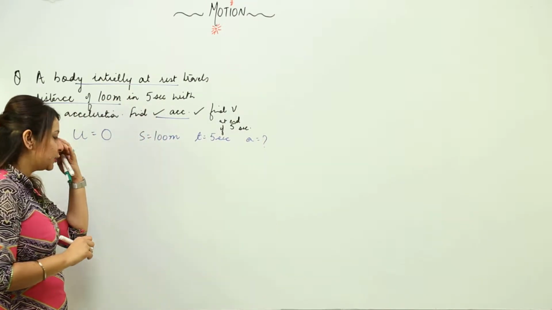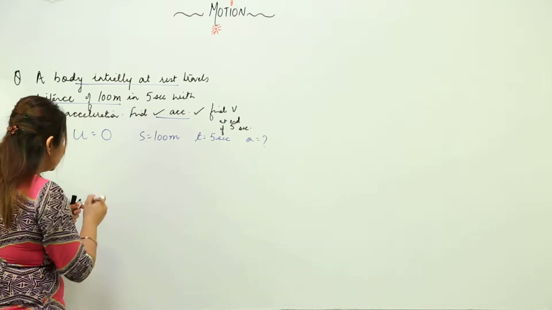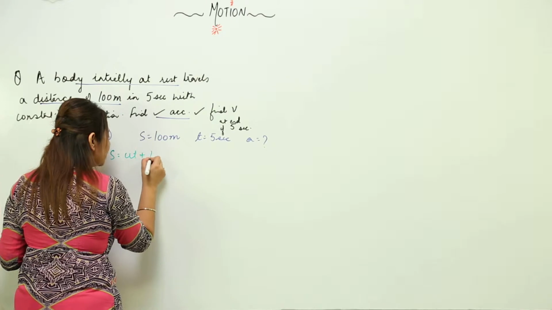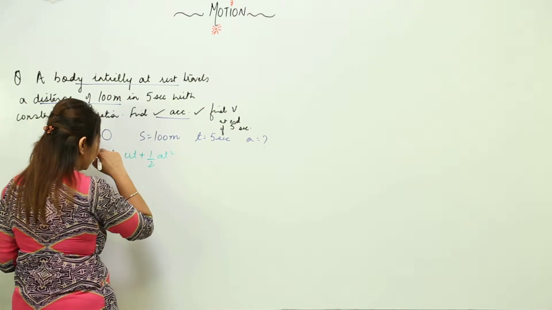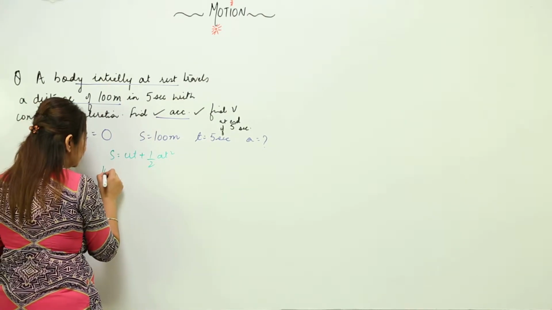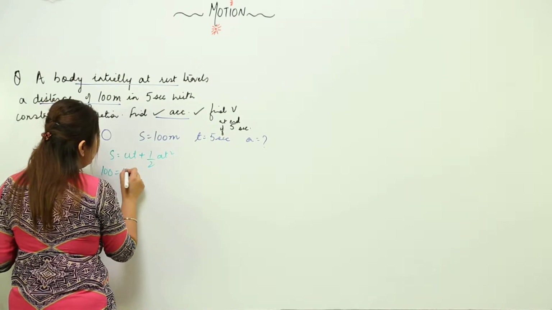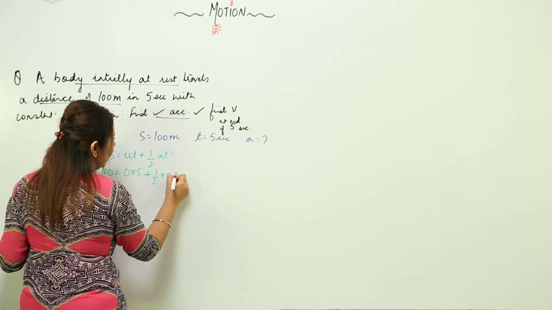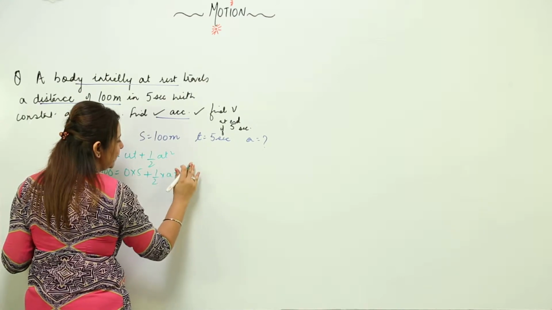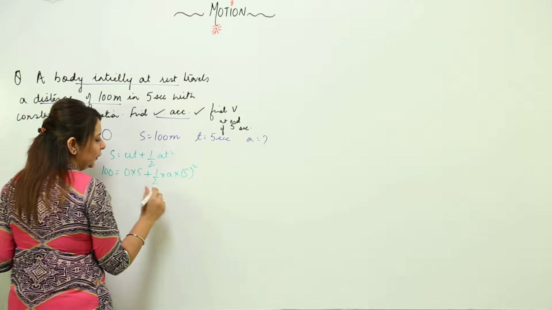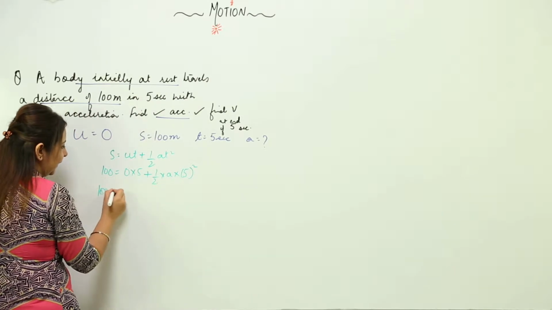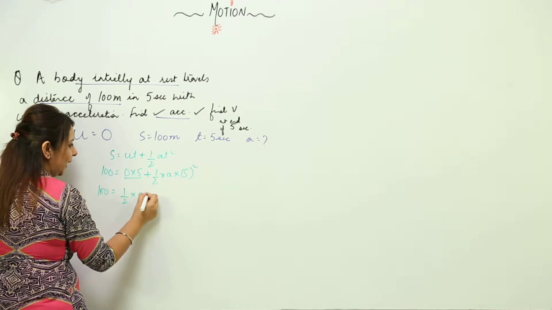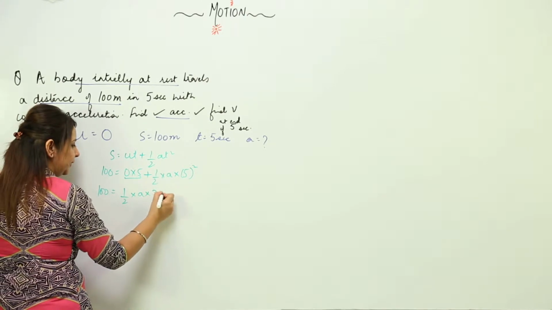So we will look for the equation which will contain all those 4 variables. So it is S is equal to ut plus half at square. So putting the values, S is 100, u is 0, time is 5 plus half, a we need to find, time is 5, square of 5 is 25. So simplifying the equation, anything multiplied by 0 is 0, half into a into 5, square of 5 is 25,